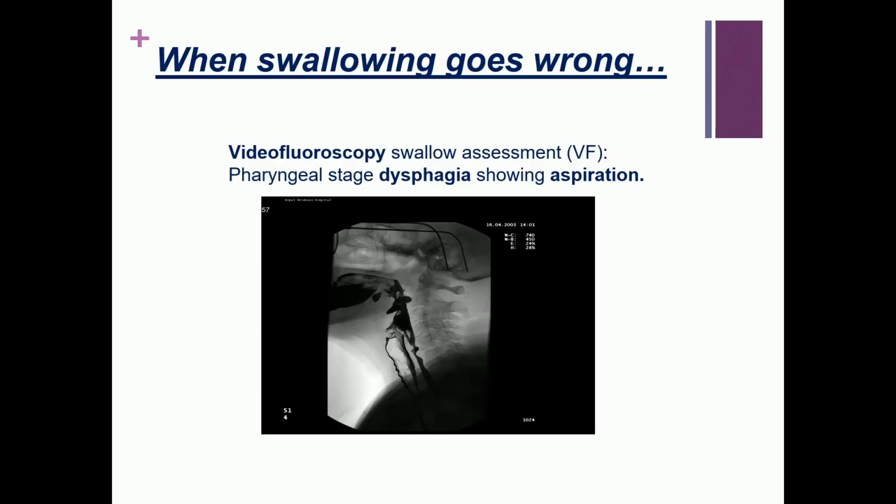You can see to the right some horizontal lines. That's the vertebrae of the neck. And then in front of it are these two tubes. So the front one is the trachea or airway, and the back one that's a bit squiggly, that's the esophagus. And that's got most of this food or drink in it. But as you can see, the trachea has also got a trace which demonstrates that an aspiration event has occurred.